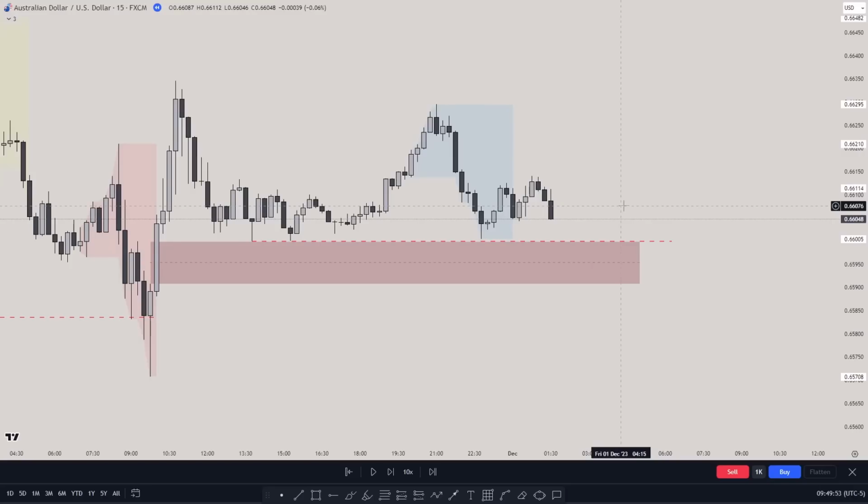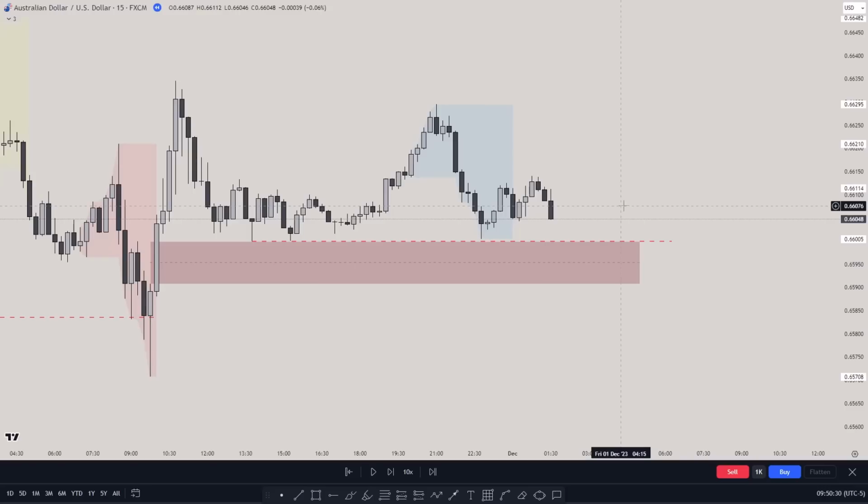What I do is either wait for price coming into the range, change the state of delivery, or fair value gap. The first one I would take, sometimes I would take the second one. It depends on the logic behind the trade. And that's what I'm trying to tell you here. I want you to use logic in every trade. Think in a logical way.